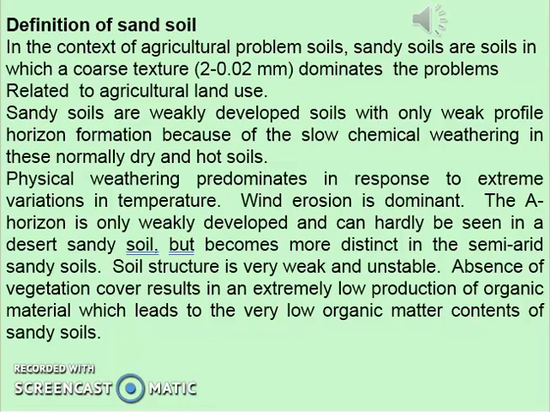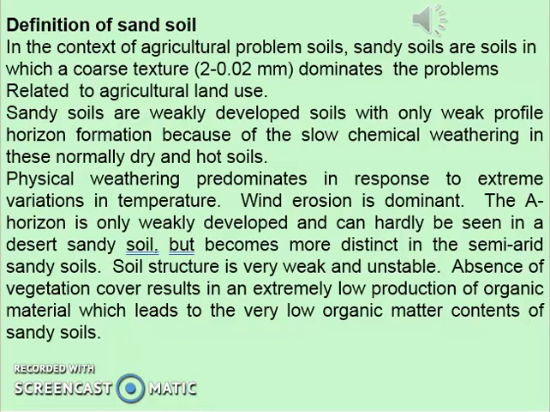Definition of sandy soil. Sandy soils are soils with a coarse texture, as I told you, between 2 to 0.02 millimeter diameter. Regarding problems related to agricultural land use, sandy soils are weakly developed, with only weak profile horizon formation because of slow chemical weathering in these normally dry and hot soils.